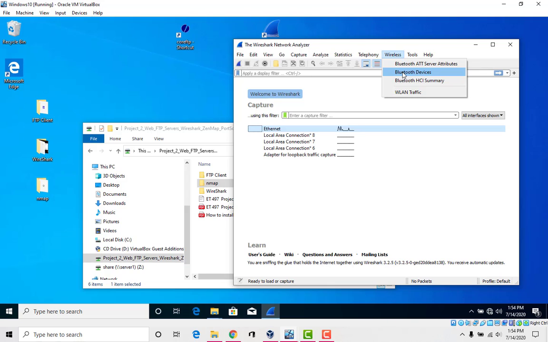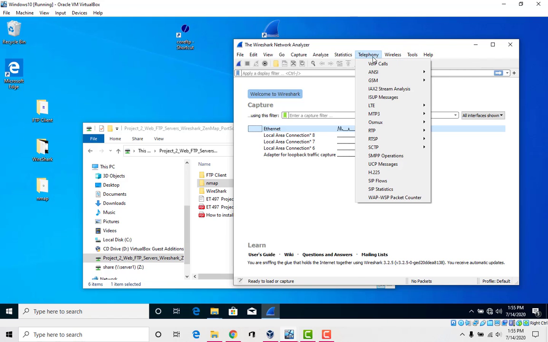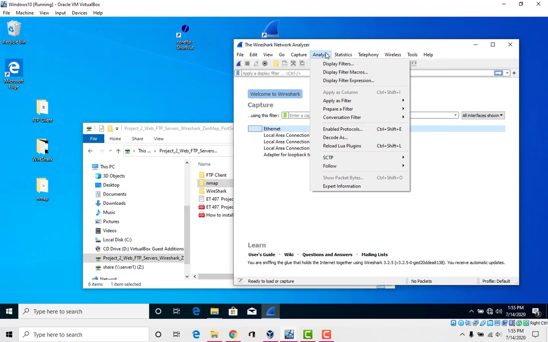So if you're connecting from this computer to a Bluetooth headphone jack, you should be able to see the traffic. There's a lot of statistics that you can grab out of here as well.